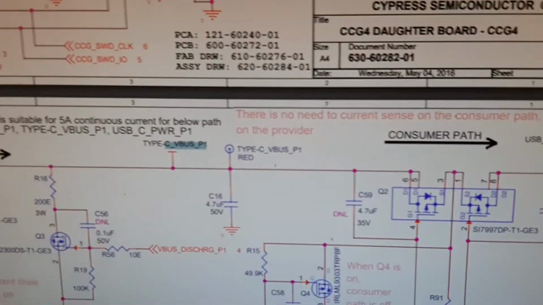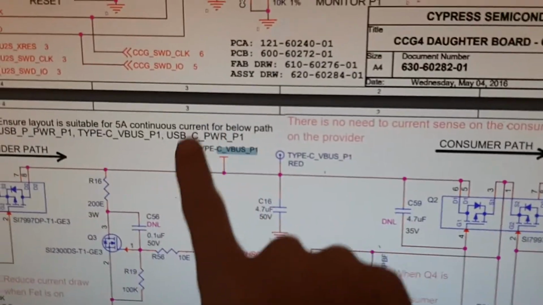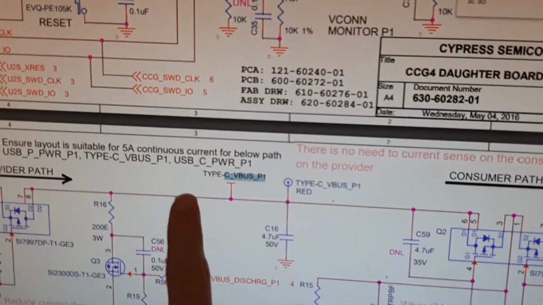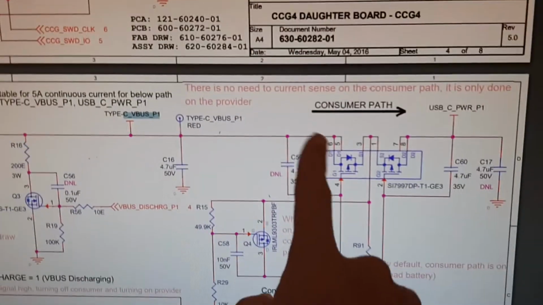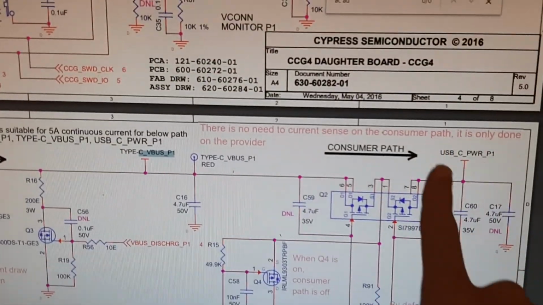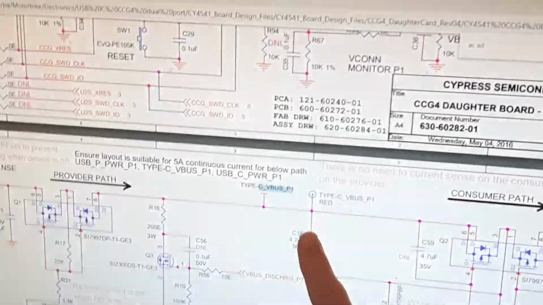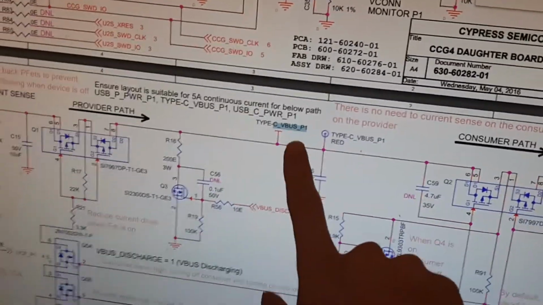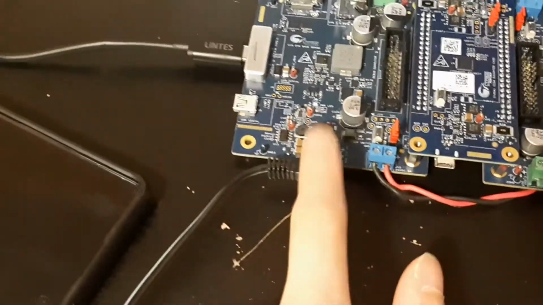Despite removing that, I've checked the voltage on the VBUS. It's actually this voltage on the CC bus. We've disabled this transistor, this FET here, so it's no longer powering up the microcontroller. So this microcontroller is no longer powered. But there's still voltage on here, so we have to stop this voltage. Also, another interesting feature is, despite having a power provider here, if we turn on the DC jack here,